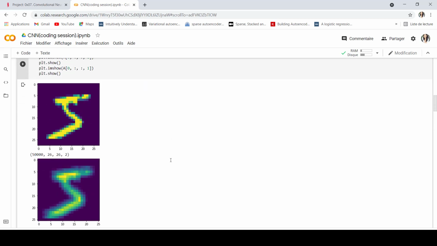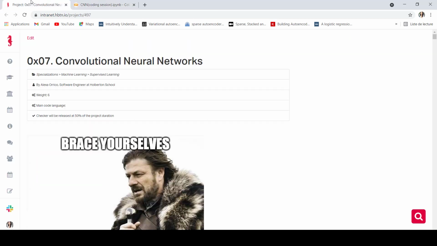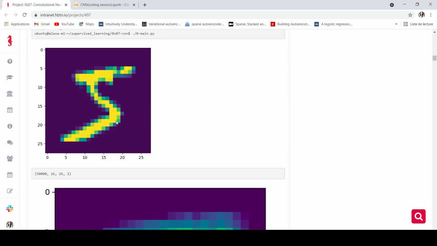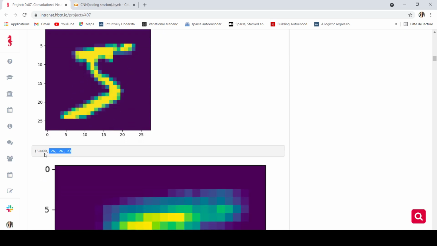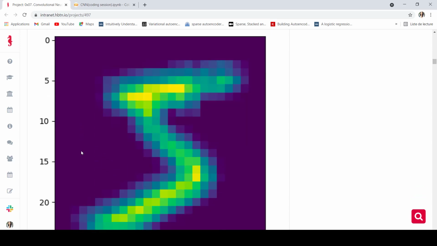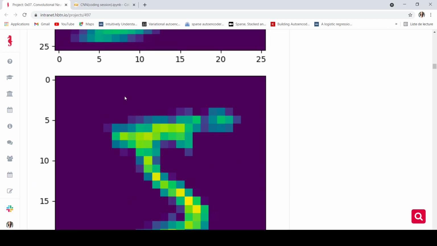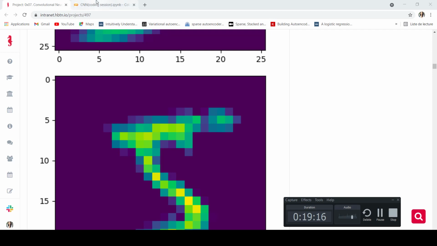This is the result that I have. You have this image, the output shape will be 26, 26, 2, and this is my output after the forward propagation and the activation.